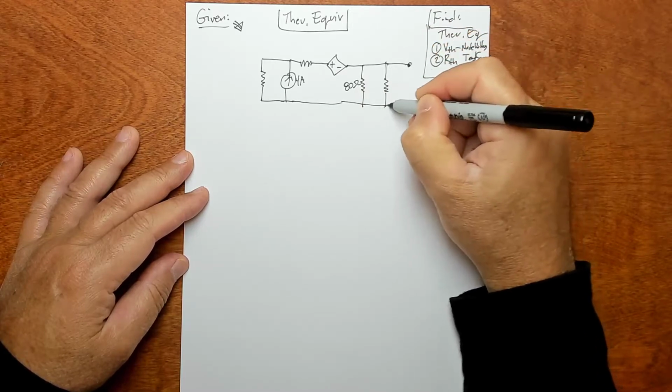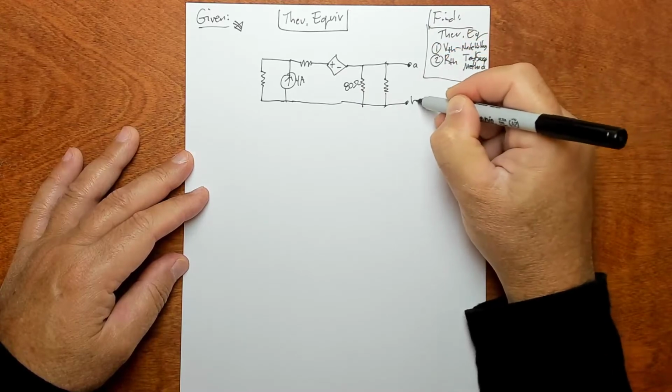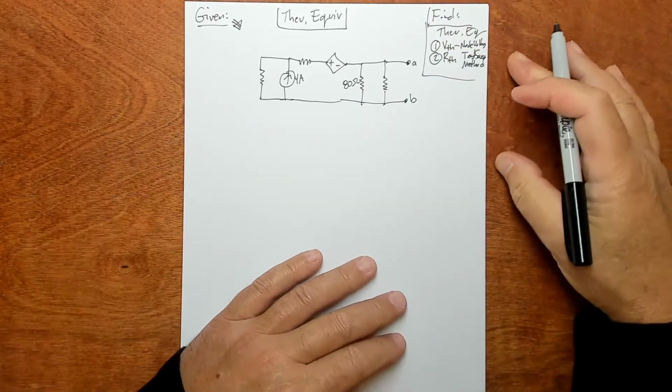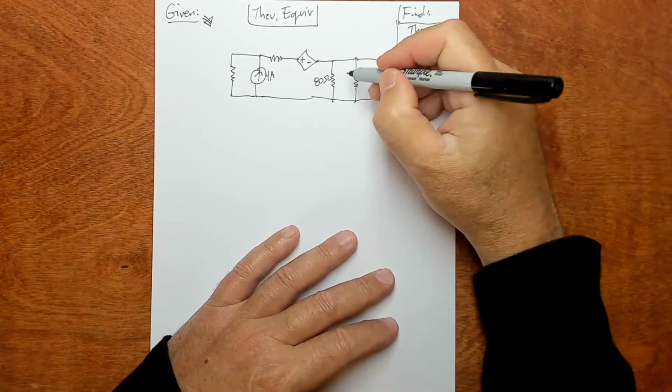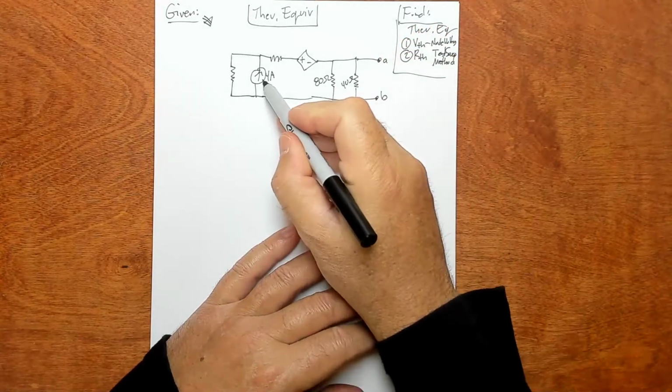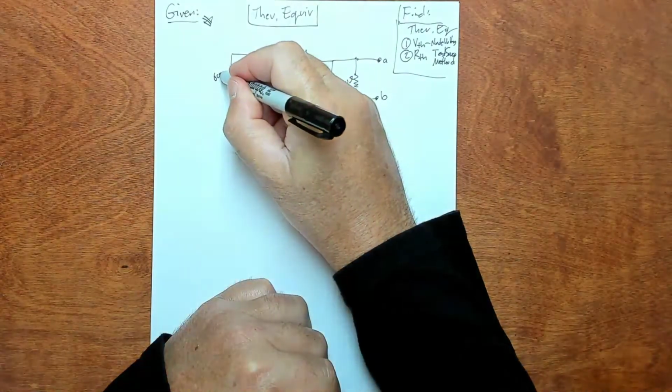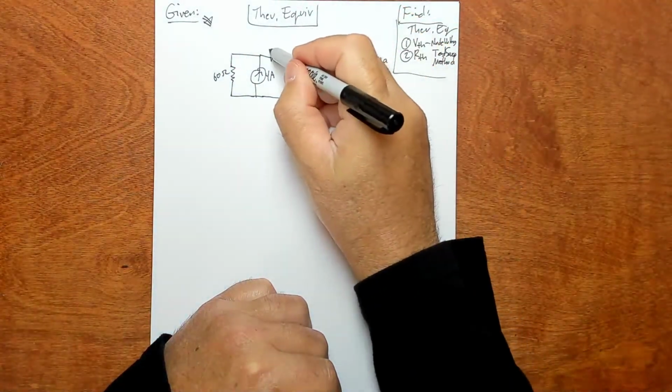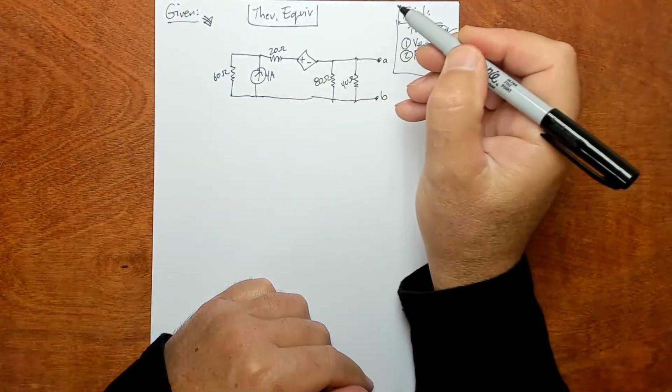Okay, here's our terminals A, B, which are what we're trying to find the Thevenin equivalent with respect to. 40 ohm resistor, 80 ohm resistor, 4 amp current source, 60 ohm resistor over here, 20 ohm resistor over here,